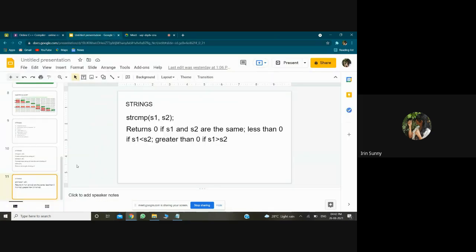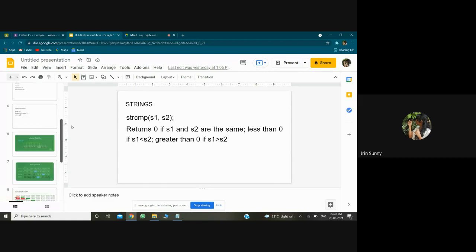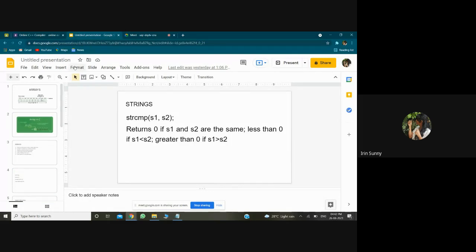Is there any doubt with arrays and strings? There will be questions in the program to use the array concept, because there will be at least one problem in the exam where you have to enter the elements into an array and then do either sorting or a linear search or any modification of array elements. I will show you one question on how to modify the array elements.